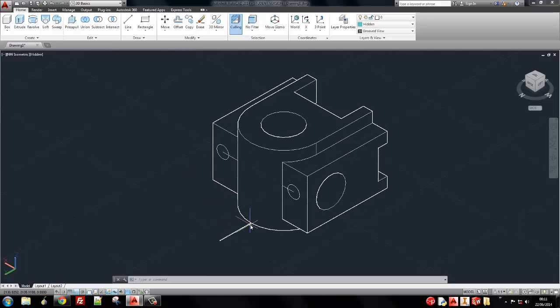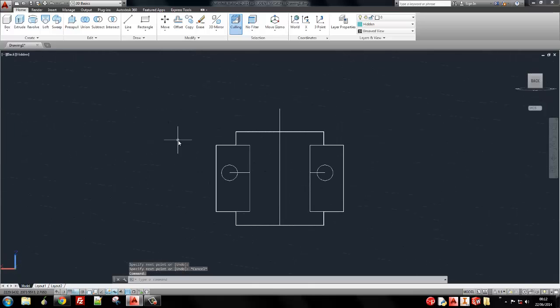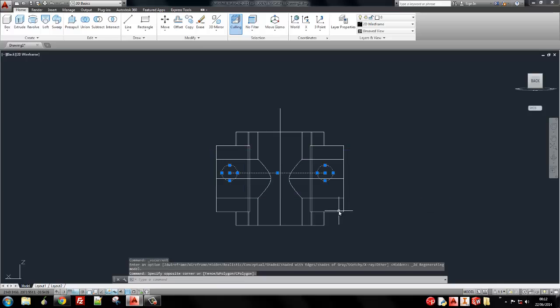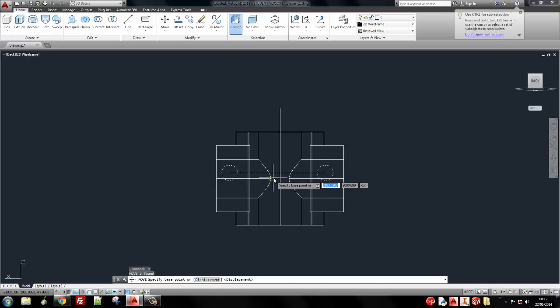So you can see there I've got this line across. Let's find, what do we want to do here. Okay, so there's lots of ways of doing this, but obviously I've chosen a way, so let's go for this. Let's go put a line across there, so we've got a way of finding the center. Let's turn this back to 2D wireframe, and let's move these